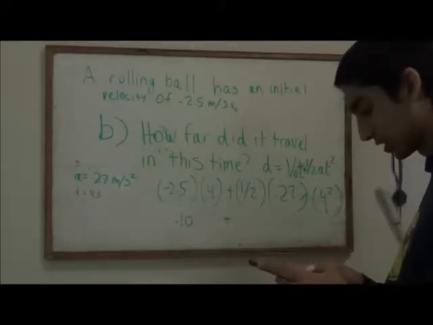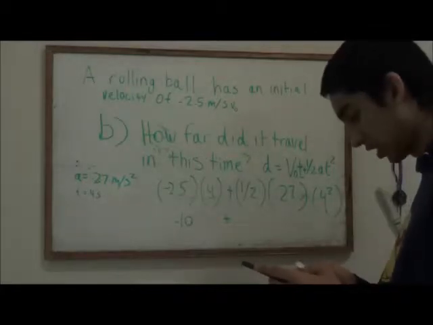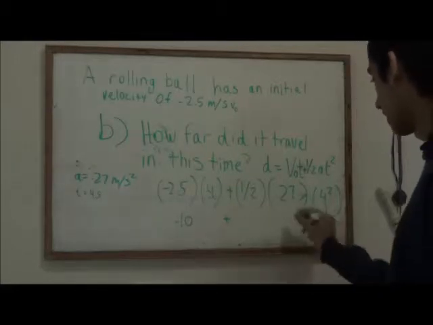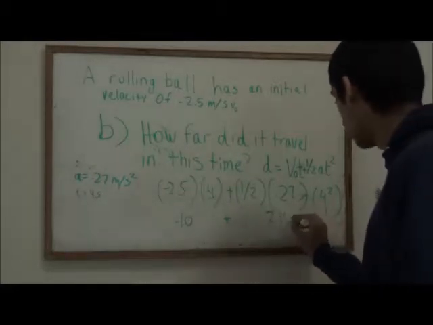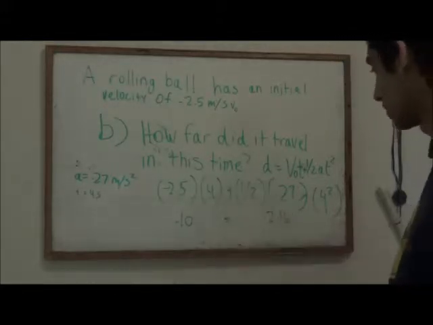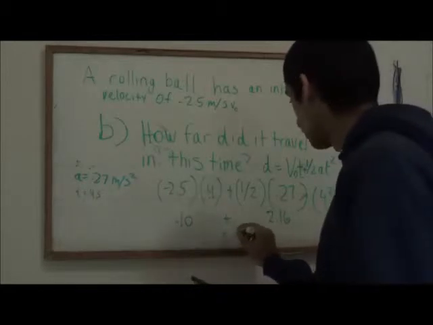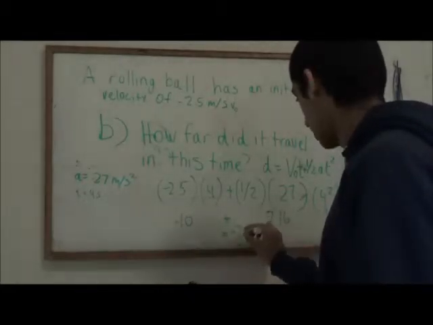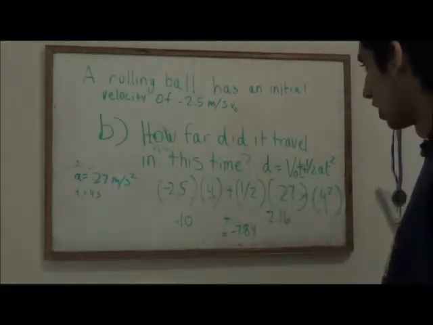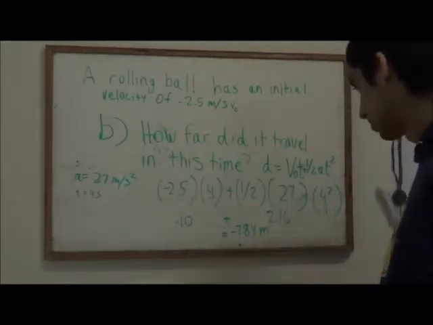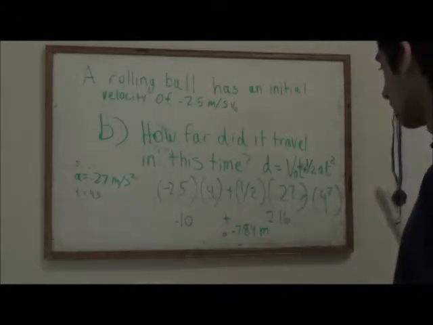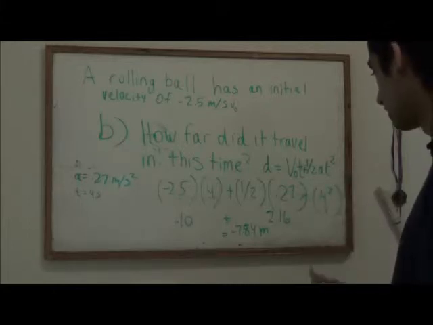Okay, so now let's multiply that together. So 0.5 times 0.27 times 16. Okay, I'm getting 2.16. So negative 10 plus 2.16 is equal to negative 7.84 meters, right? And since we got to convert into sig figs now, okay, so then sig figs would be